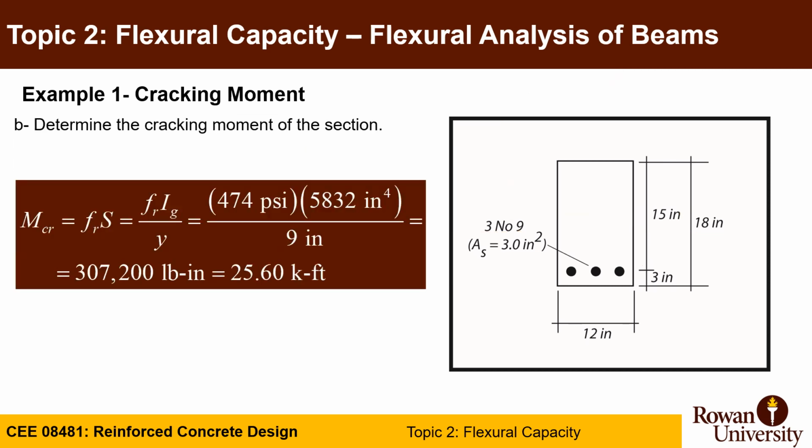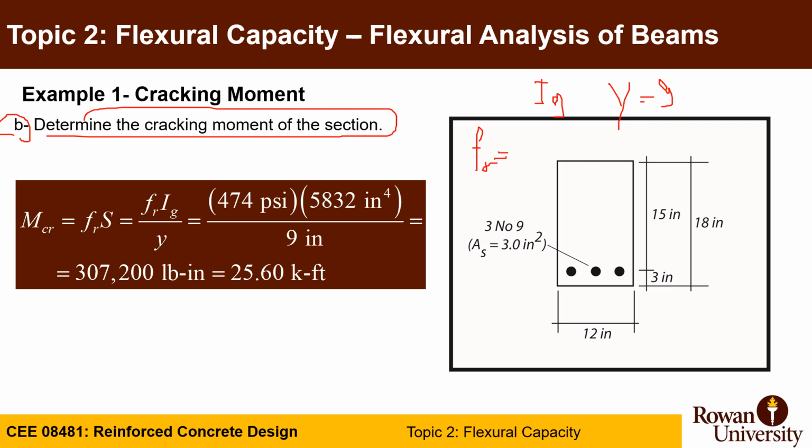Second part of this example 1 will be to determine the cracking moment of this cross section. So we previously calculated I gross. We know y as 9 inches. All we need to calculate now is fr, and we know it's 7.5 square root of f'c, given that lambda in this case equals 1. So this stress, if you calculate using f'c of 4,000 psi, is going to end up 474 psi